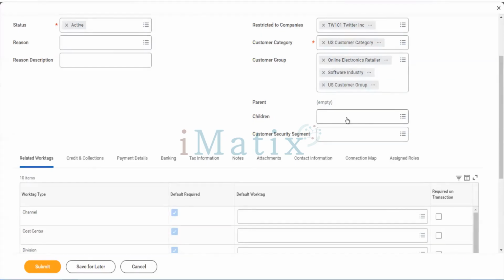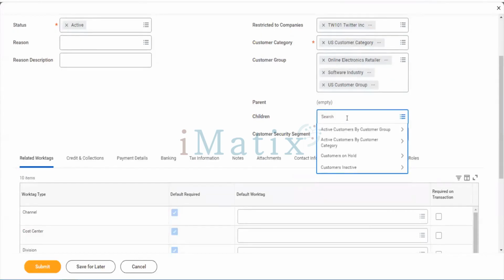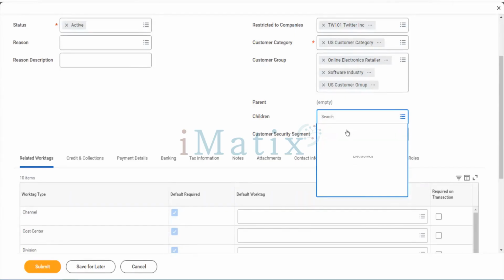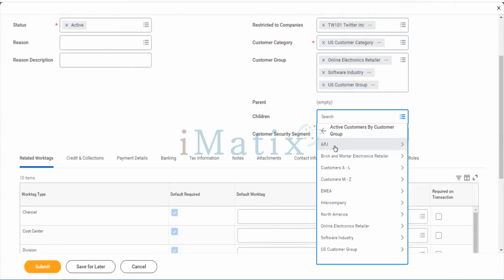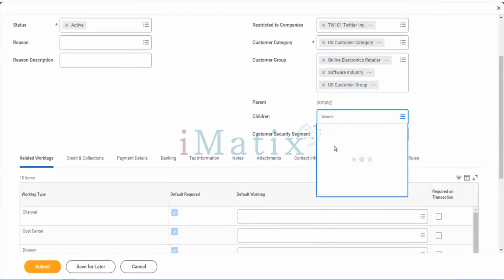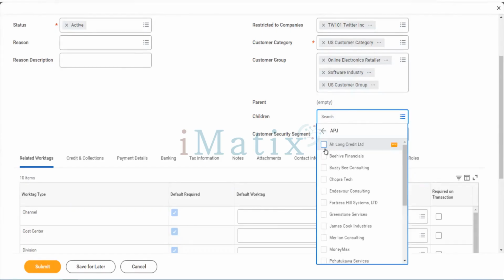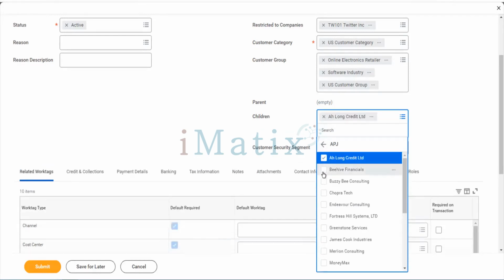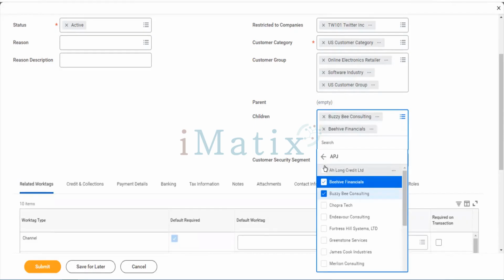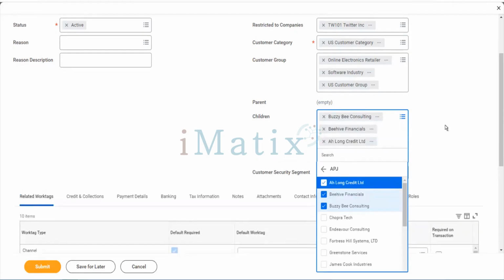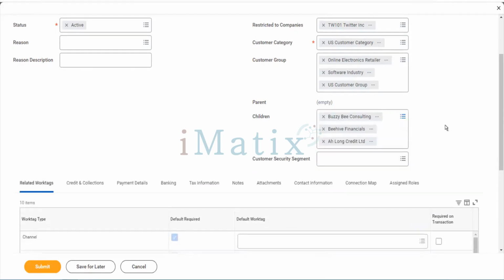This is a parent customer. There are some child customers to it. You can do that also. If you have existing customers, you can mark one as your parent customer. Let me give an example here.